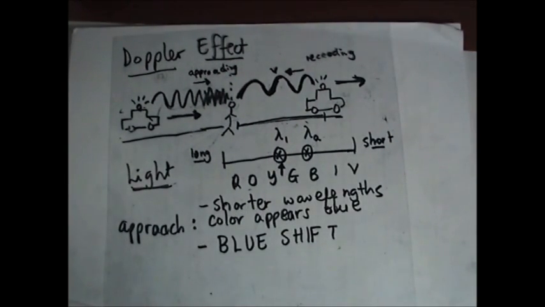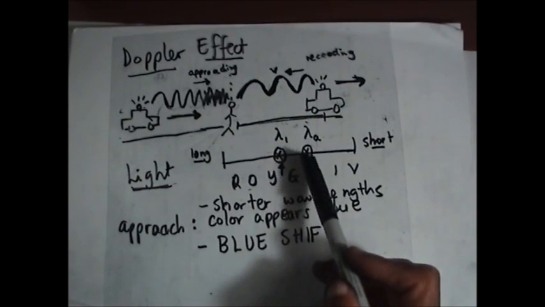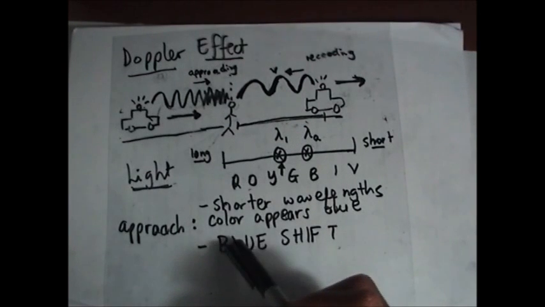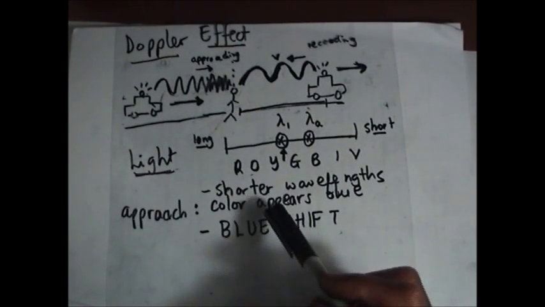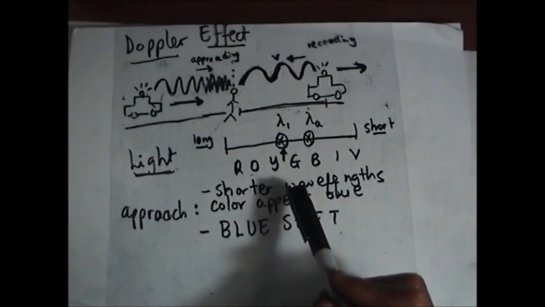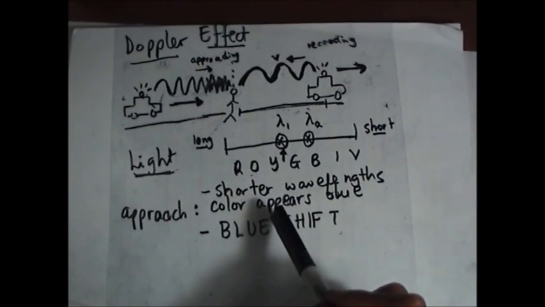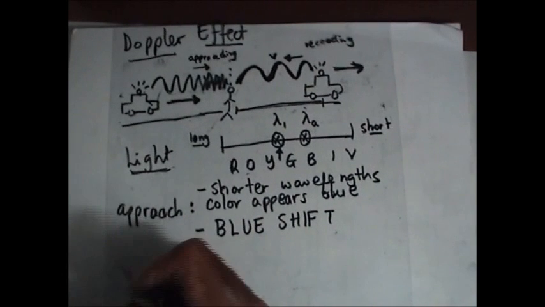Because now the wavelengths are moving from where they were originally towards the blue end. They're moving towards the blue side. So the color appears blue. So it's called the blue shift. So on approach, we have shorter wavelengths, and we also have what is called the blue shift. So now